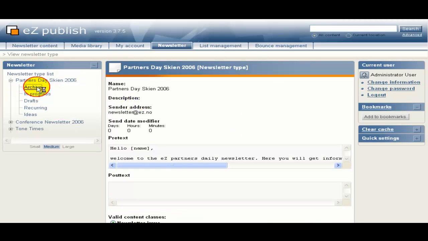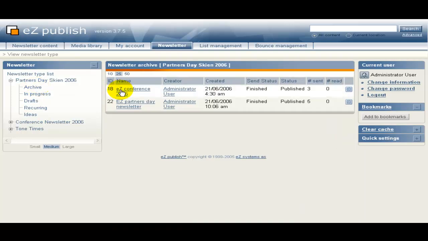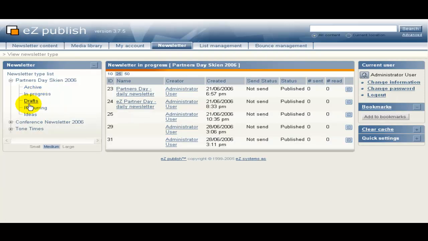So what we can do then is have a look at the areas that are archived. How many items are there? And here are some items that have been finished, they've been sent, and you can see how many items have been sent, the status, and when they were created. So you can get a good view of exactly how many newsletters have been sent, and get an idea about how things are working. You can have a look at items in progress, how many of these items are being worked on. You can then have a look at drafts,